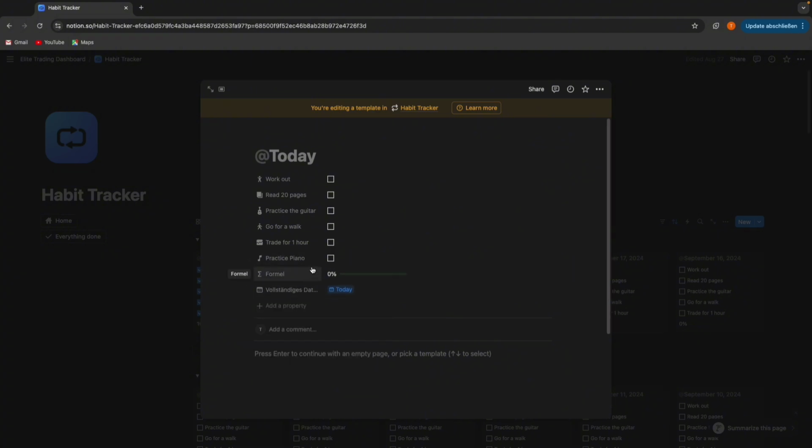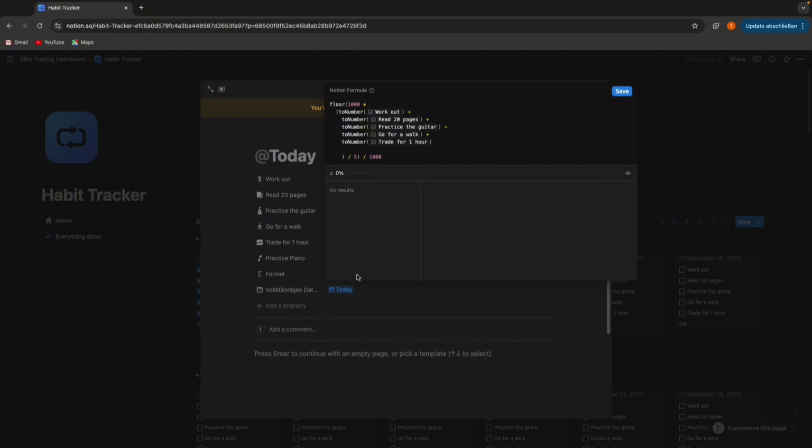But we are not done at this point, because right now the program still thinks that there are only 5 habits for the day, and if we check 5 habits, then it will display 100%, but it doesn't know that there's this practice piano habit, and if we check this, it actually does nothing. So we need to change this by simply clicking on the progress bar and then adding a plus, then to number,